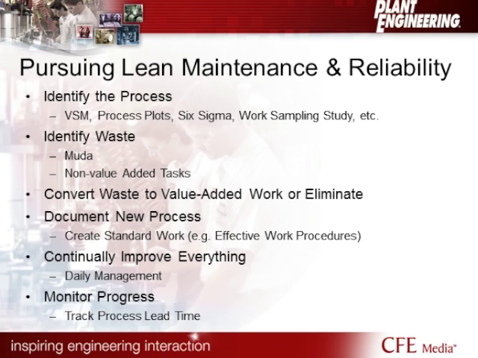So one of the things you might do is look at your processes. Try to understand where you might have waste in there. Those processes touch so many people on a regular basis. If you can make improvements in that step, you're going to be helping a lot of people be more efficient, more effective, and more lean moving forward. Then we want to focus on identifying waste. So once we know what our processes are, we know what our procedures are, now we can start looking where we might have that MUDA or non-value-added activity.